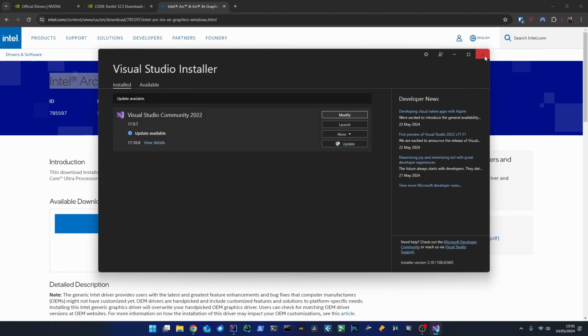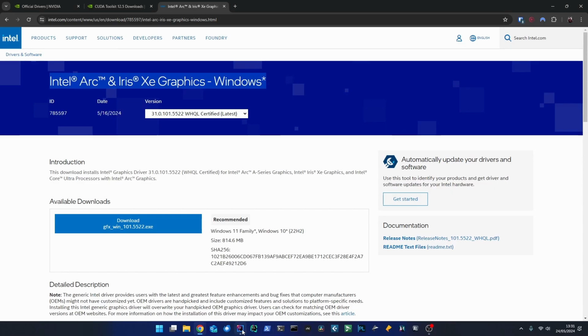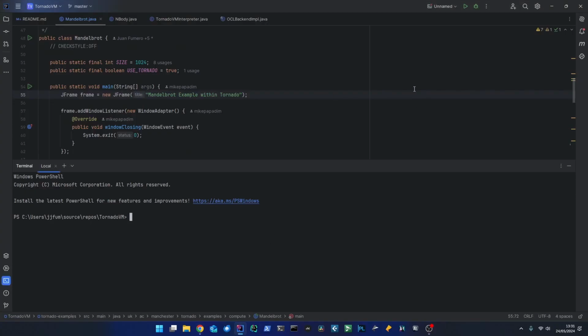So with that out of the way, let's now jump to the installation process. I already cloned the repo and opened it through IntelliJ. I'm using IntelliJ as my main IDE. And now what we want to do is to invoke the